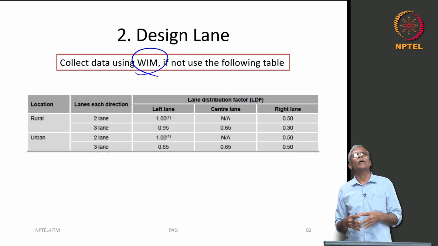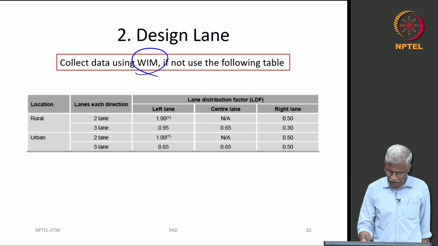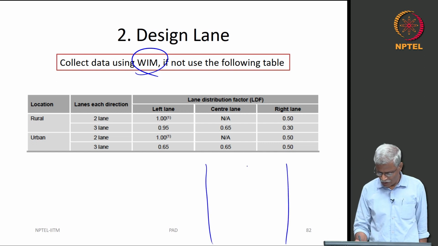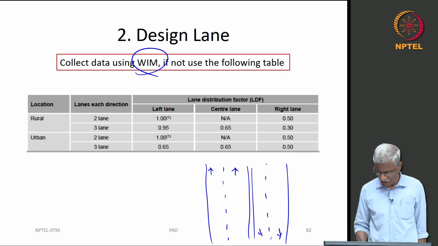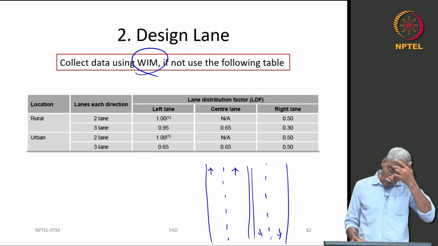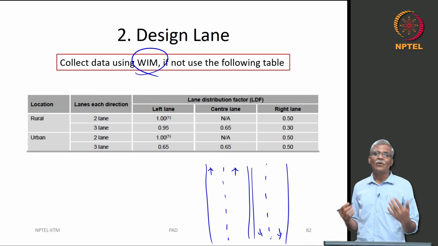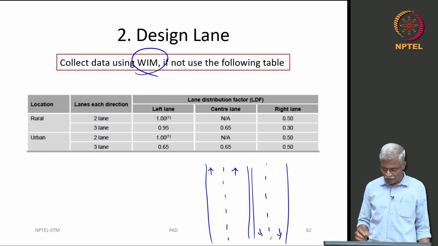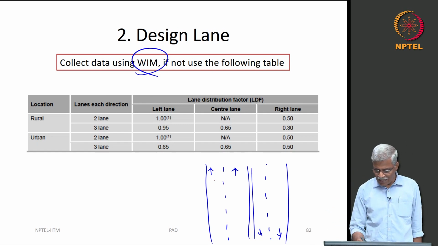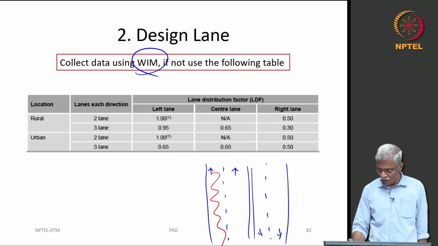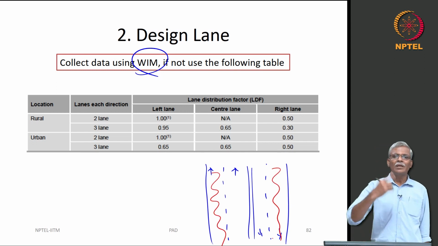You will say that, okay, so I have this national highway, so let us say 2 lane. So, this is the northbound direction, this is the southbound direction. So, you expect a design lane to carry the maximum heavy axle group loading. So, you will basically say that, yeah, I really think this should be the one, but what really will happen